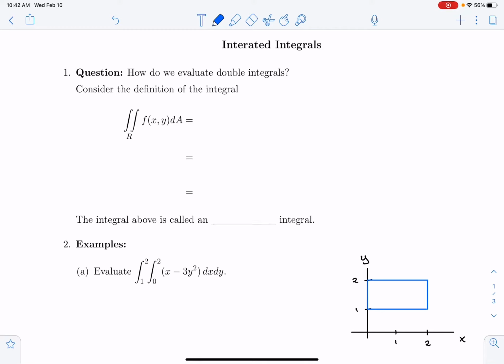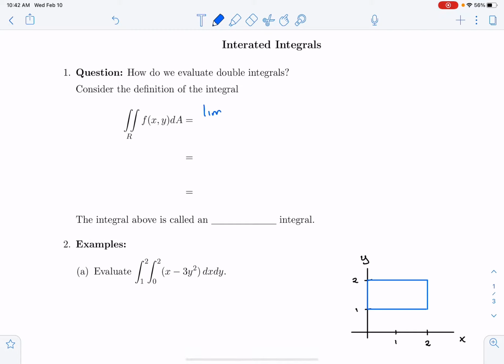In this video, we will look at algebraically evaluating double integrals. So the question becomes, how do we evaluate a double integral? We should first look to the definition of the integral to give us a hint on how to evaluate these double integrals. So a double integral over a region R of f of x, y, dA is in fact